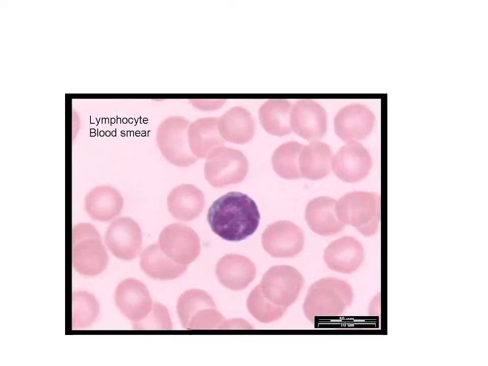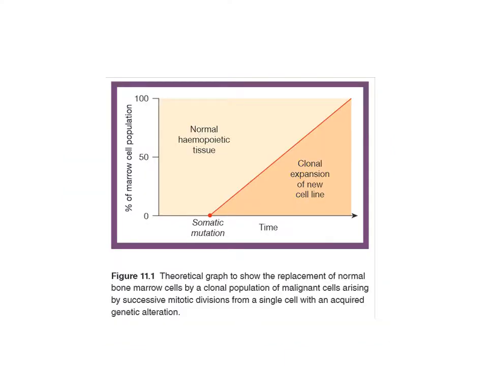These are the lymphocytes, small lymphocytes slightly larger than the red cell. Most of the cell is occupied by the nucleus. There is scanty, very little cytoplasm around. Most of the lymphocytes, 80%, are like this, and 20% may be a bit larger than this. These are known as large lymphocytes. Now these are normal cells.